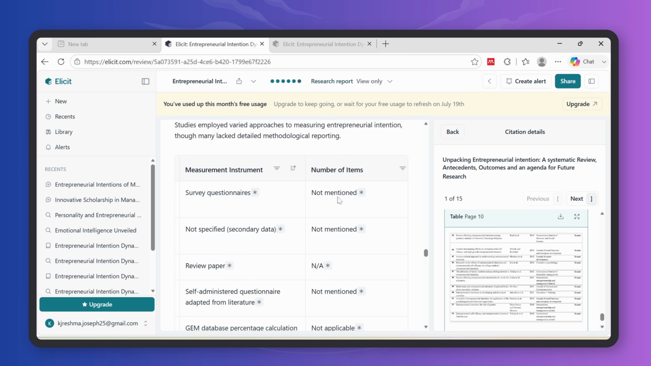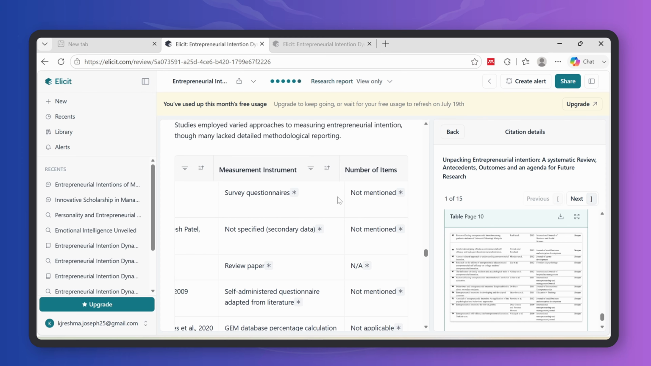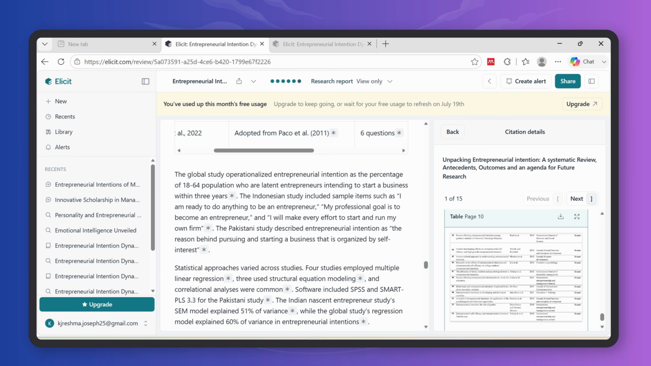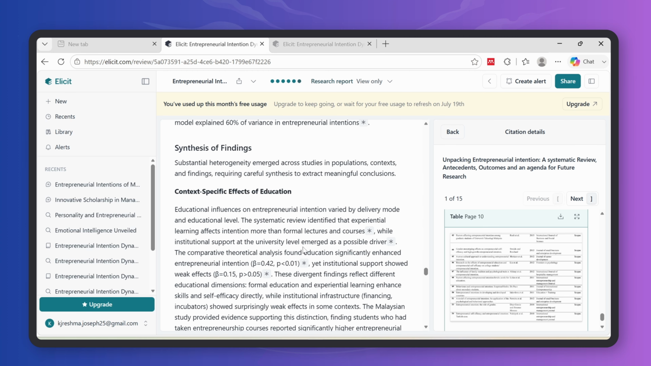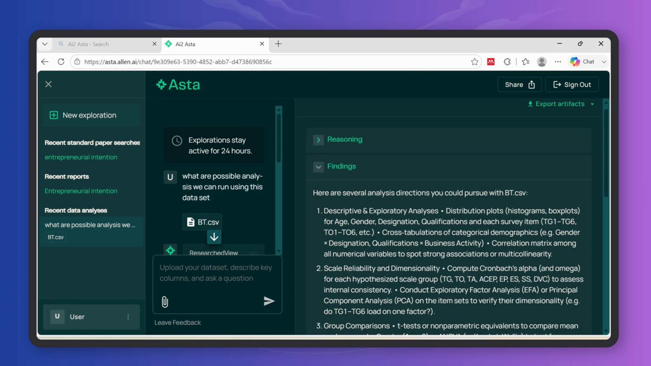Okay, what is the measurement instrument that they have used? What is the number of items they have used? Everything is put here. So this Elicit basically helps us not just in finding a paper, you can chat with a paper, and also you can generate the report from this. Review is